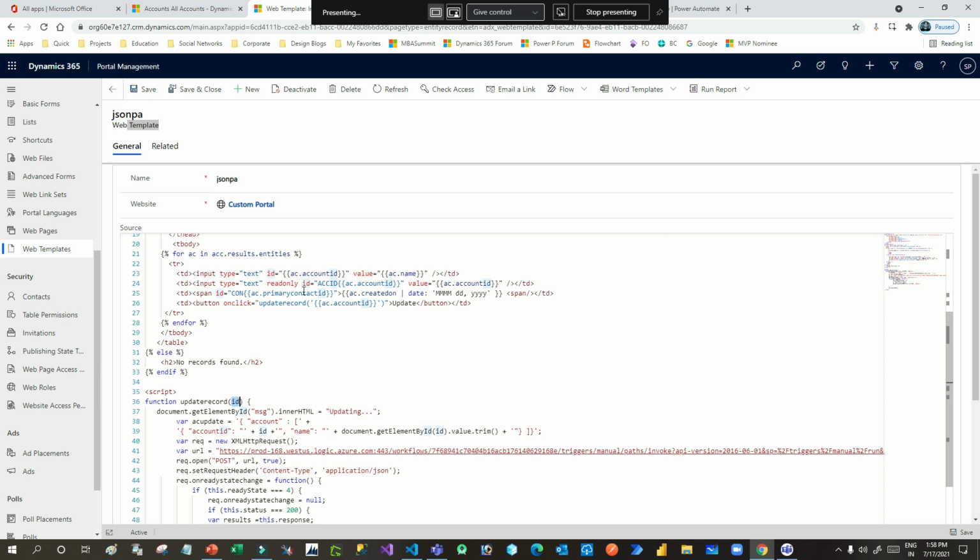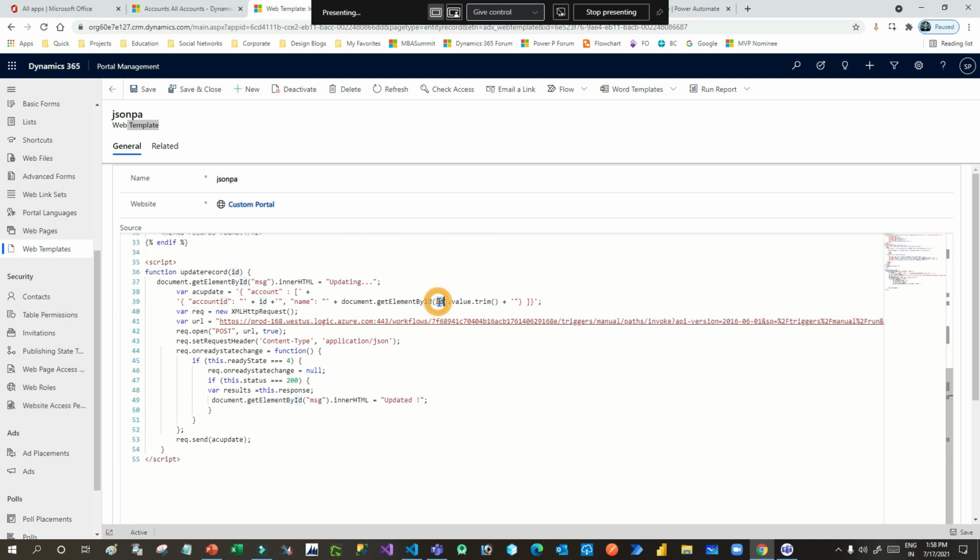Can you see that? This is my name field. This one. Sorry, not this one. This one. Can you see that this input text control's ID is dynamic? I have not given a static ID. That's the best part: whenever you want to manipulate multiple rows of a table, use some dynamic ID so that you can fetch the value of that control specifically. So I have used the same ID here.